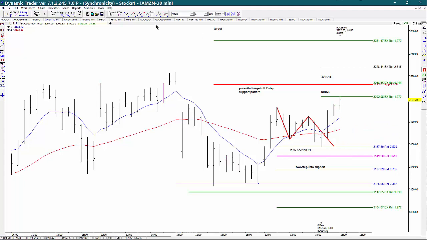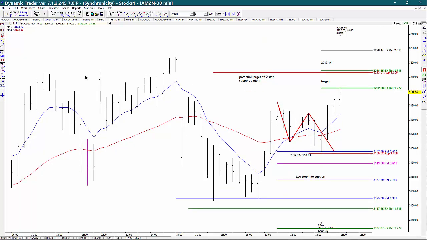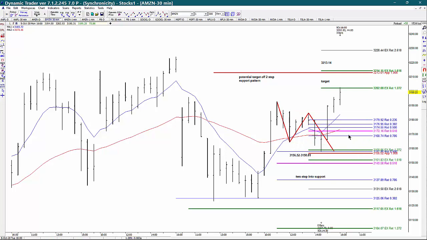So we would also take 100% of the first swing down, so the high to the low, and then project 100% of that from the lower high. And that came in at the 3156 area. And then we would also run the extension of this low to high swing, and that gave us, let's see, the 1272 extension that overlapped the other price relationships. That came in at